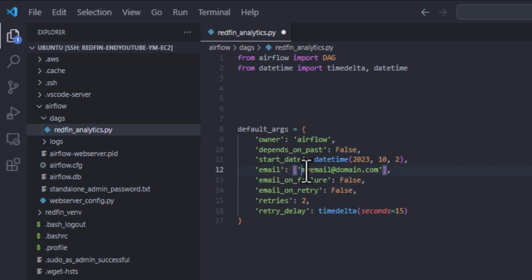Email, you can put your email right here. Email on failure, I put false. Email on retry, I put false. Okay, I have another video where I had already explained and showed you what happens if you